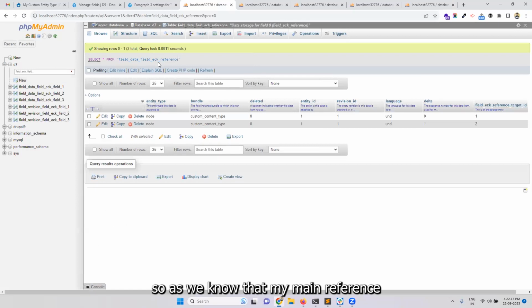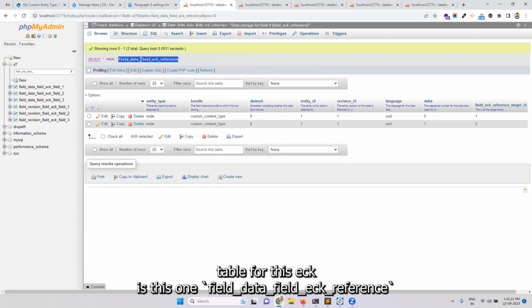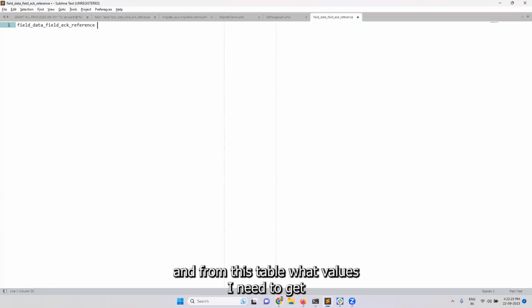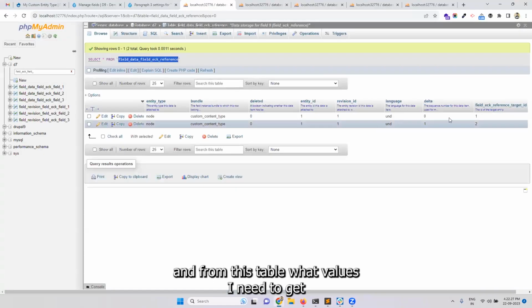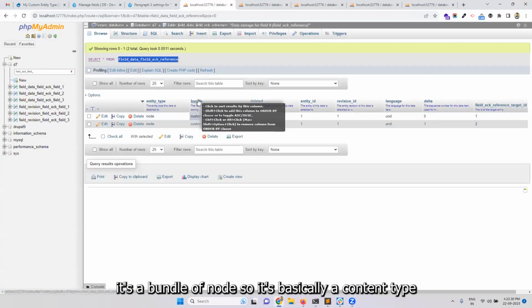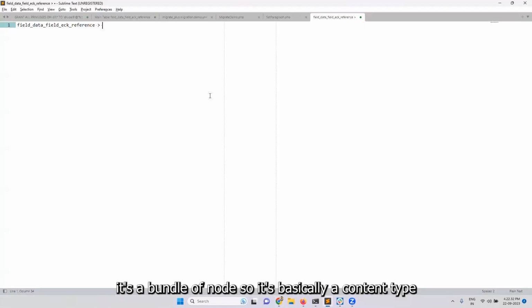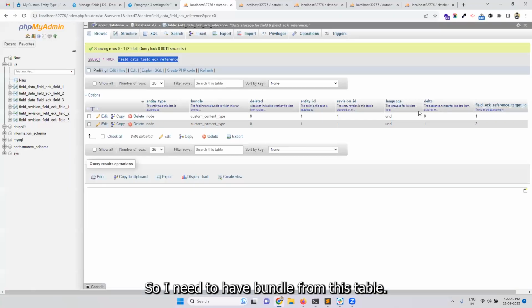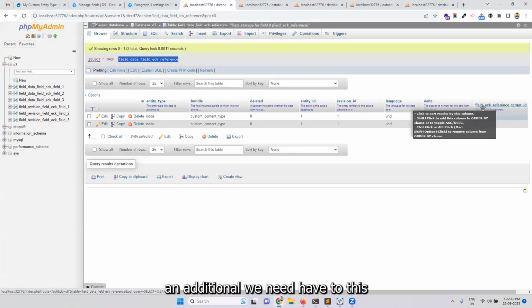So as we know, my main reference table for this ECK is this one, field data, field ECK reference. And from this table, what values do I need to get? It's a bundle of my node, so it's basically a content type. So I need to have the bundle from this table. And additionally, I need to have this